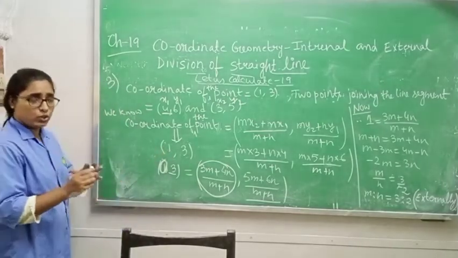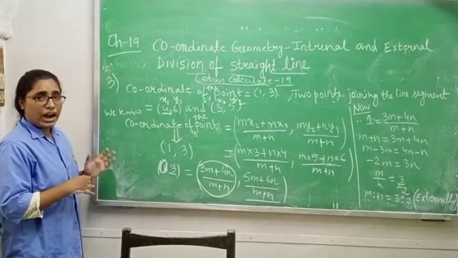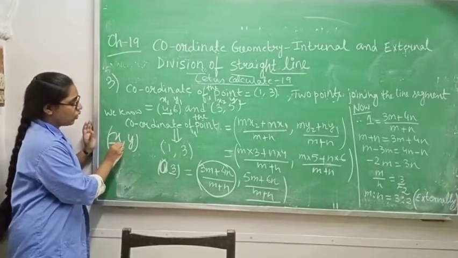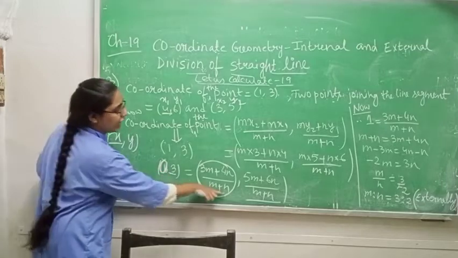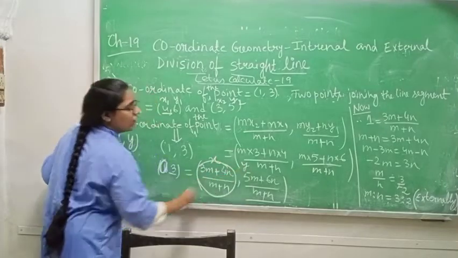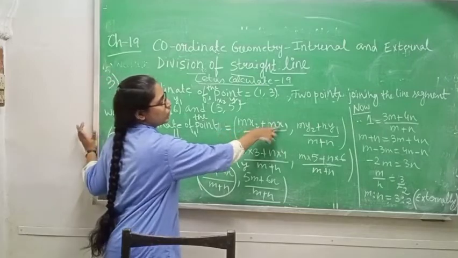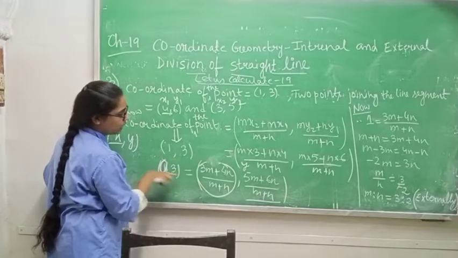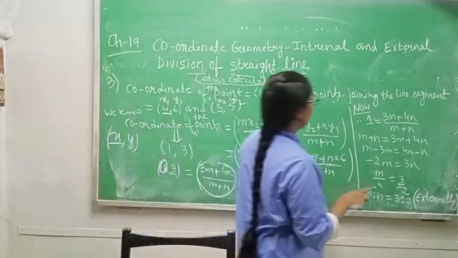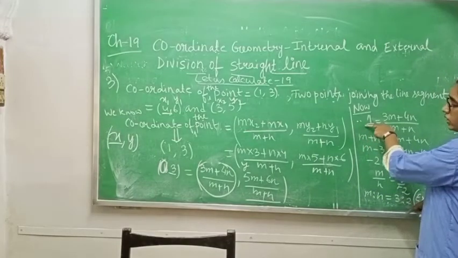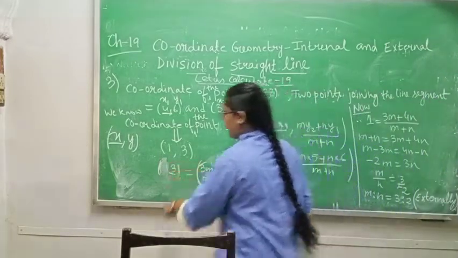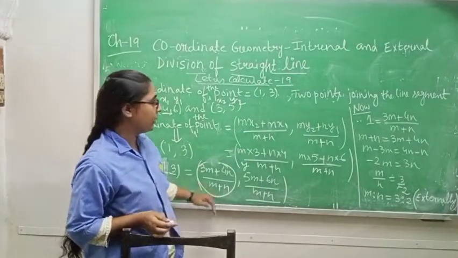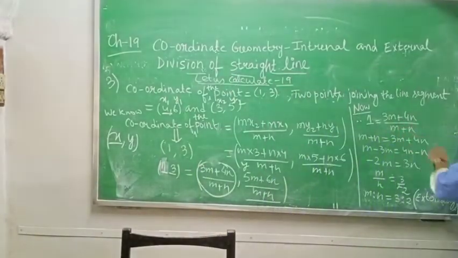Whenever we write coordinates, you have done lots of chapters related to graph. So x is always first and then y. Yes or no? So this one is the x coordinate. So x coordinate is compared with x coordinate. Here also it is x and here it is y. That is why we are writing mx2 plus nx1. Here no y is present. You can see. So you will equalize x coordinate with x coordinate. Same thing I am doing here. Now 1 equals to, in x coordinate here you have 1. This one is nothing but 1 here. So 1, and here the x coordinate is 3m plus 4n by m plus n.